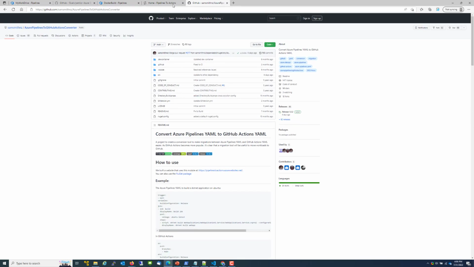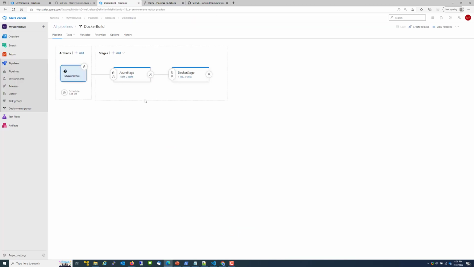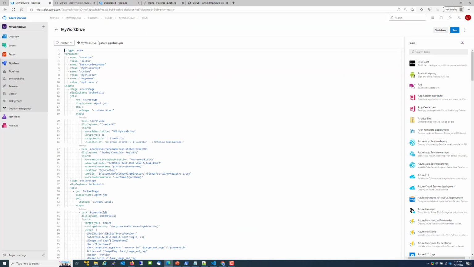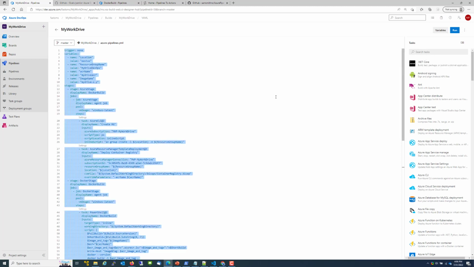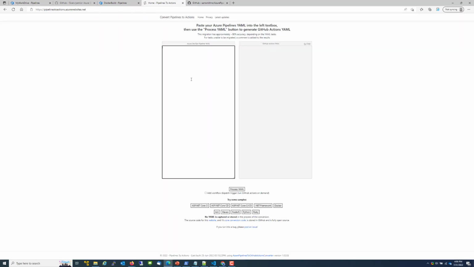So there is a source code of this page, and you can provide here the source code of the Azure DevOps YAML,